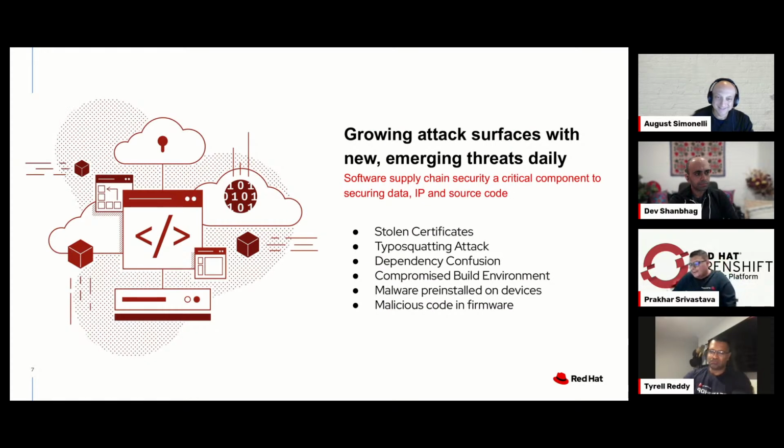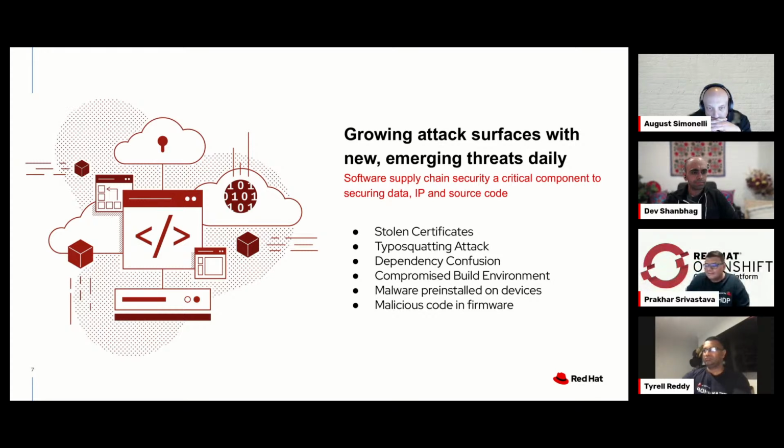Okay, the growing attacks. So let's talk about some attacks which happen. Our digital landscape is increasing. We are getting AI. We are talking about ChatGPT. We are sending all those messages. So threats are also increasing. We are seeing security. So now security supply chain is not just a buzzword. It is crucial for protecting data, intellectual property, source codes, and let's quickly highlight some of these threats.